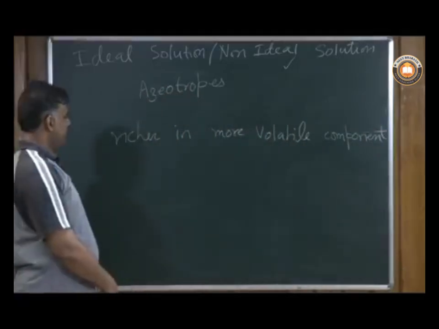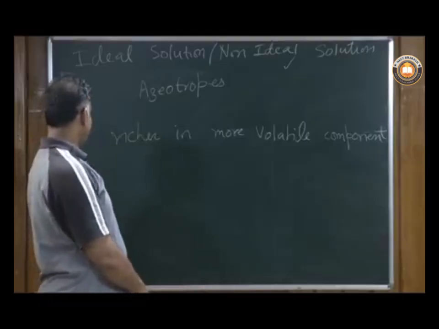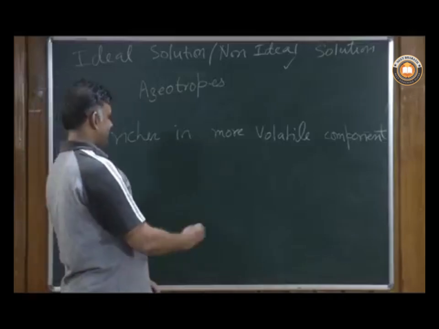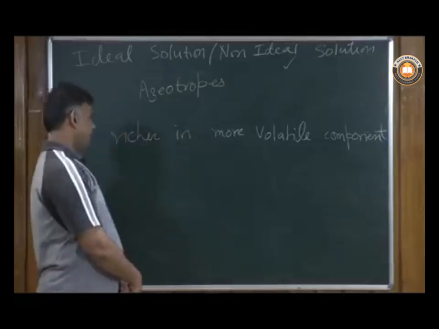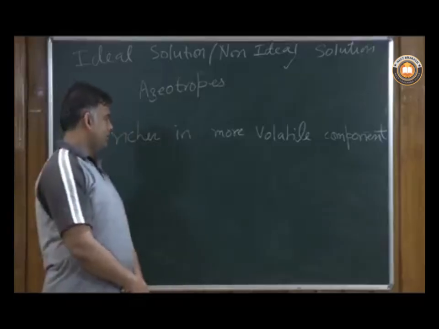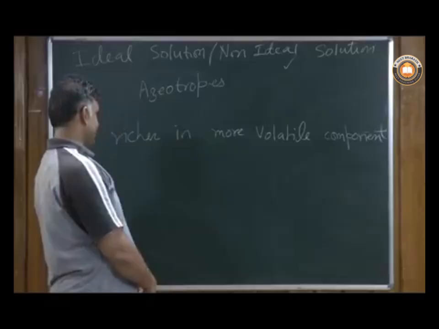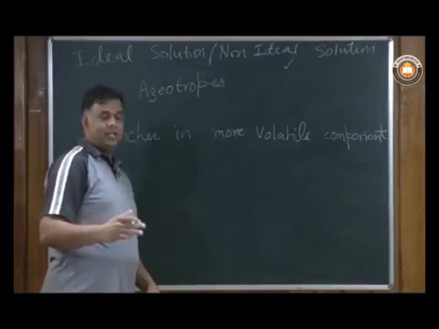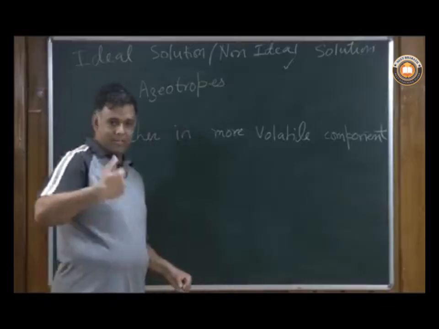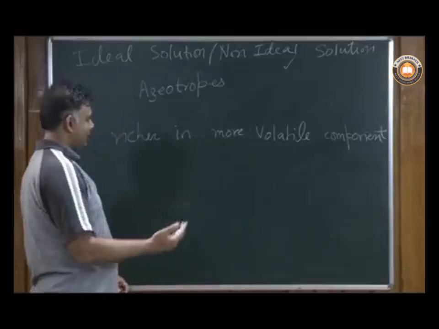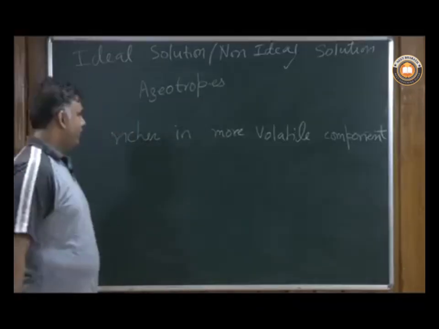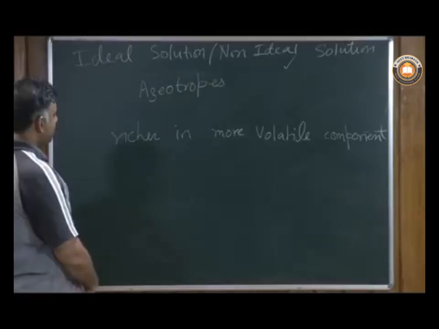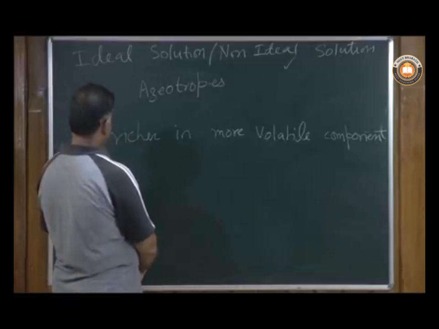And using this property, one can devise a way to separate these two components just by heating the solution, collecting the vapor which is richer in the volatile component, condensing it back, and again heating it. The vapor which we get from this condensate is going to be even richer in the volatile component, and if we keep on doing it, we should be able to separate out the two components. But an azeotrope is a special kind of solution where